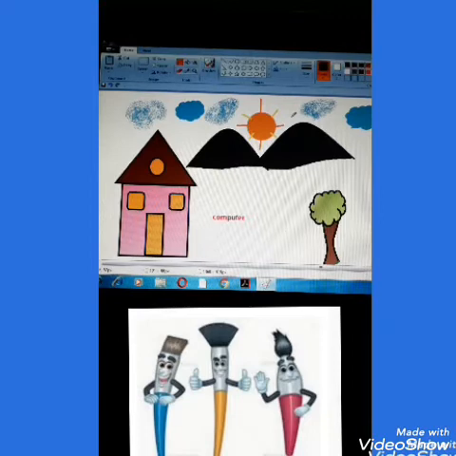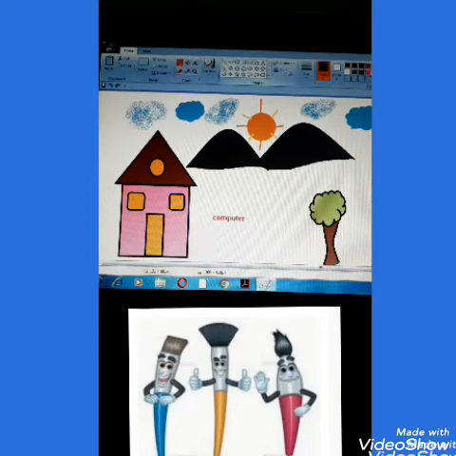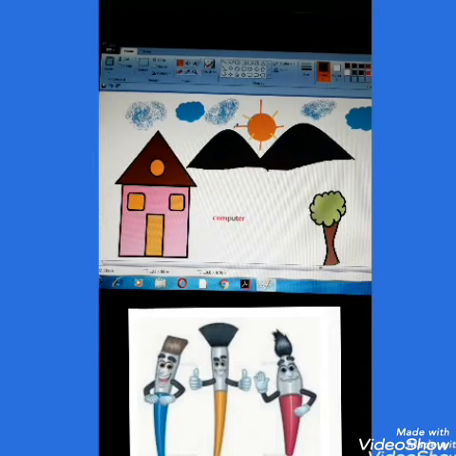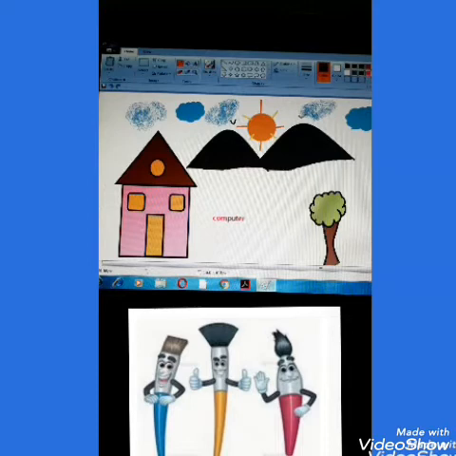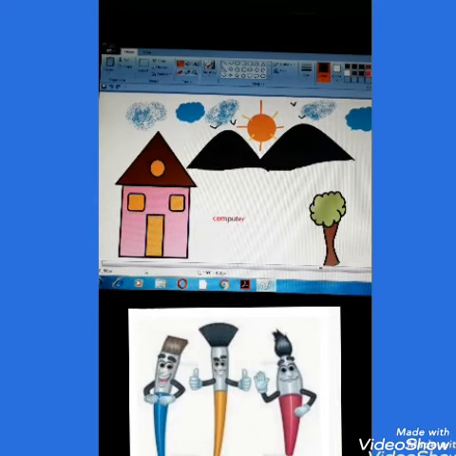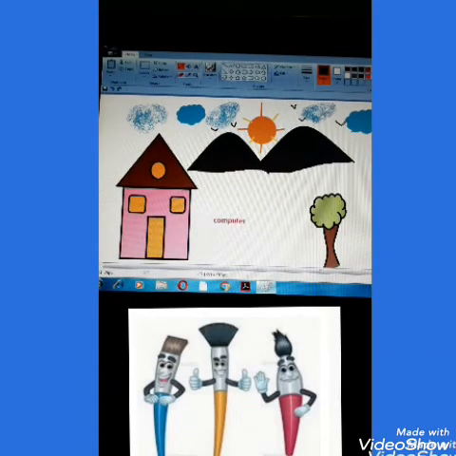Now I will show you how to do the birds. For that you can take pencil tool or brush tool, whichever you want, and take the black color and just randomly do the small V shape. It's like birds are flying high in the sky. When the birds are flying high, they appear to be very small, like this. You can do the birds flying here.